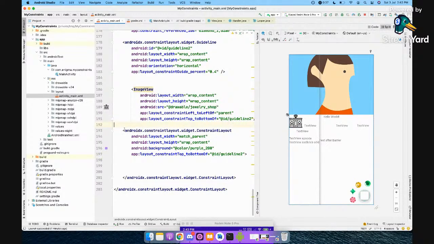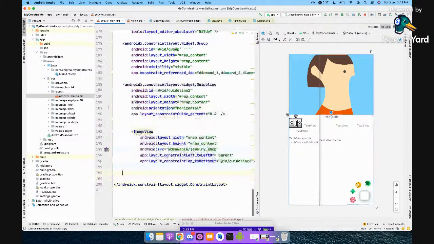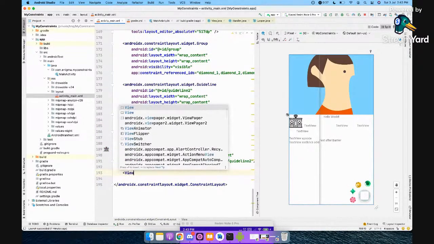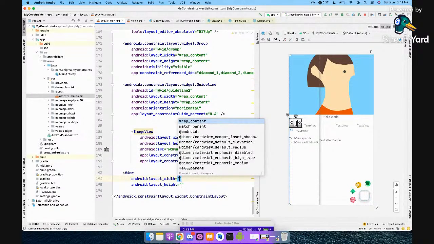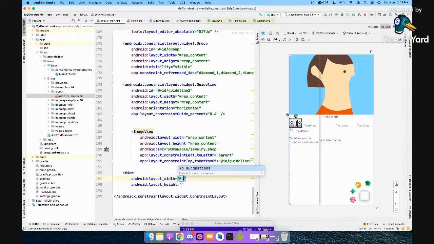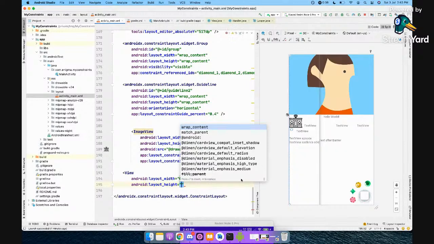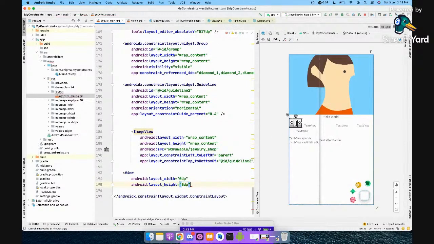And I'll remove this. I'll just have a view, 0 dp here, and I'll just say 0 dp.